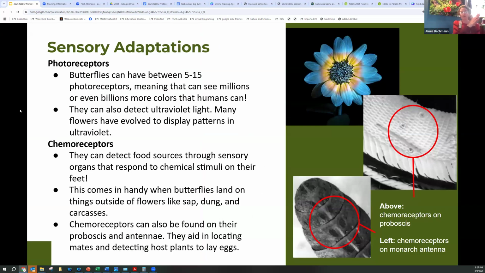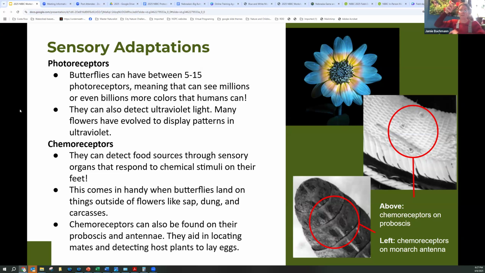Here are some really interesting things about the sensory adaptations that butterflies have. Butterflies have between 5 and 15 photoreceptors, and it wasn't until very recently that the 15th one was discovered. Typically it went up to 9 photoreceptors. Photoreceptors are indispensable for seeing color, and butterflies can also see ultraviolet light.